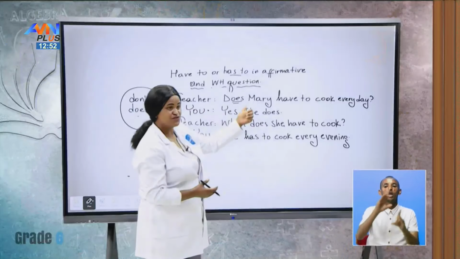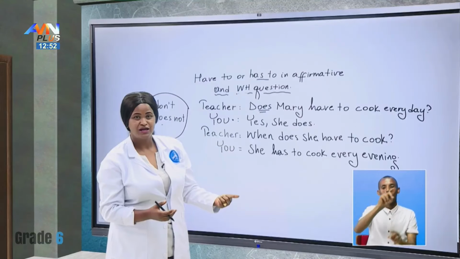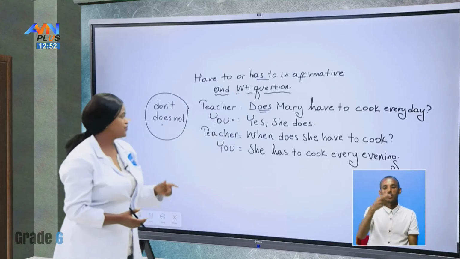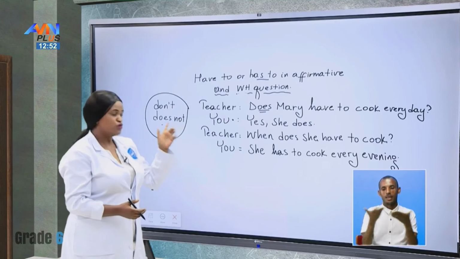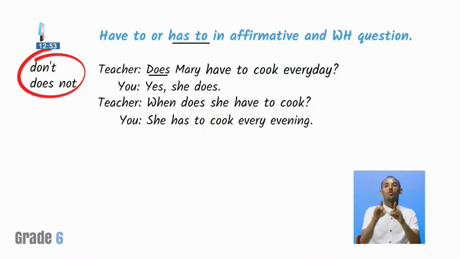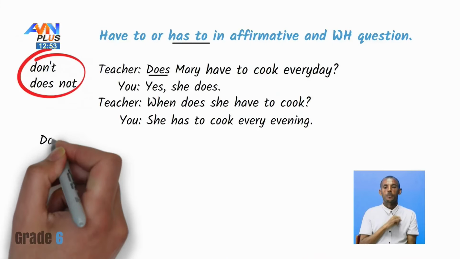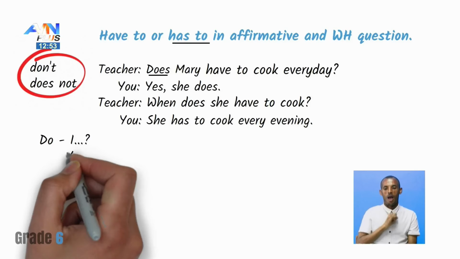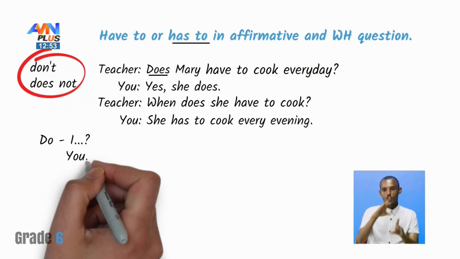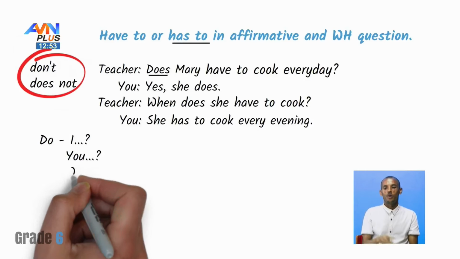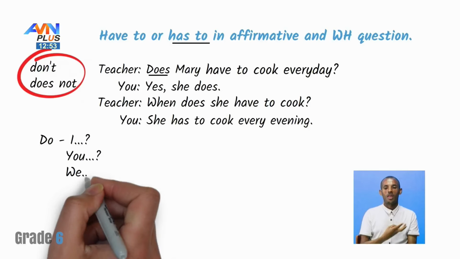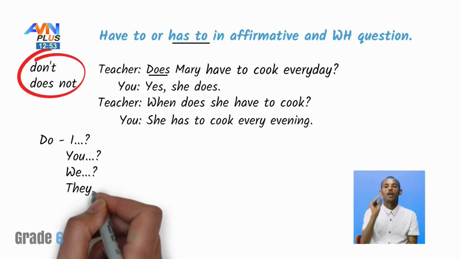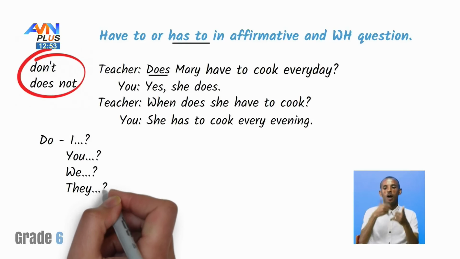Then we also use what? The do and does for yes or no question, right? Do you remember how we use do and does in a yes or no question? Yeah, have you seen my sentences above? We use do with the plural subjects, okay? Do is with the plural subjects, including I. We say what? Do I, or do you, or do we, or do they, and plural names. Okay? How about does?